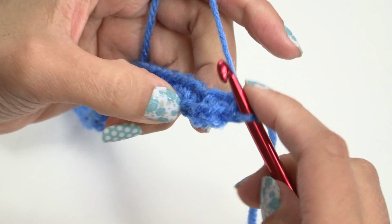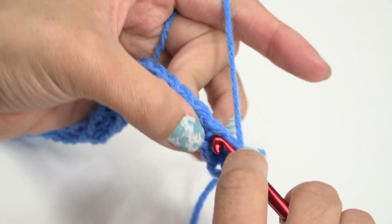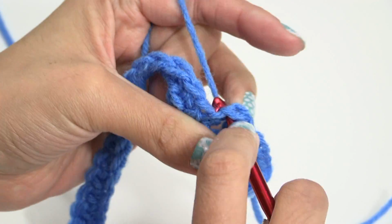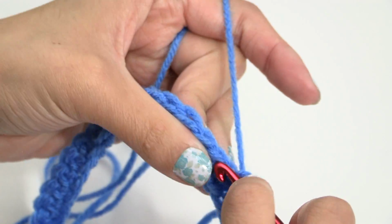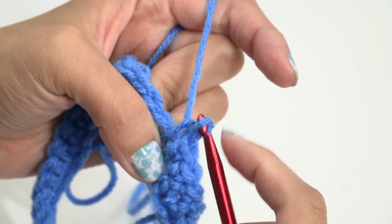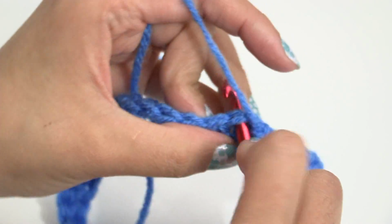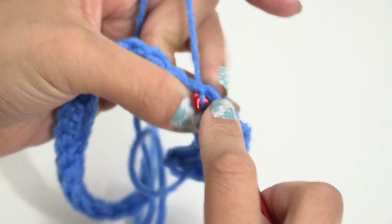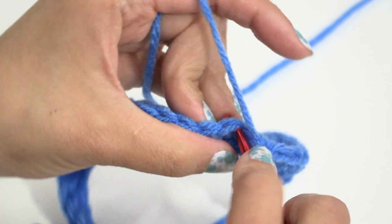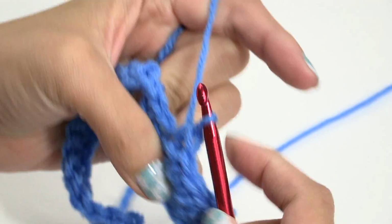Okay, so put a single crochet in there and work a single crochet all the way across, and even put 1 single crochet in the end, and I'll show you where that is, because we put 2 in the beginning, but we need to put 3 in total. So I'll explain what that means closer to the end of this round. And on this pattern we are working in continuous rounds, so we are not even going to be chaining up anything or doing any of that kind of stuff. So just continue working a single crochet to the very end, and I'll show you where that last single crochet